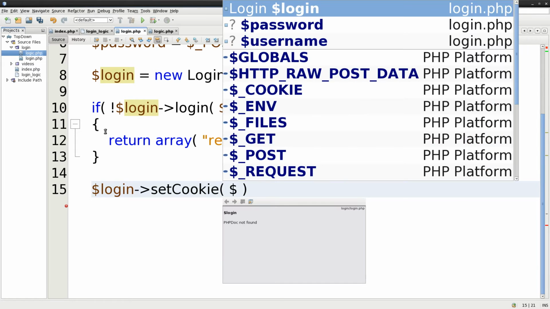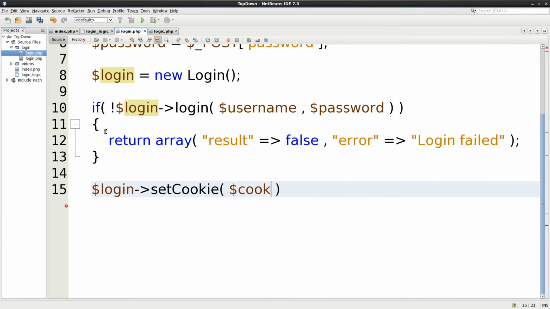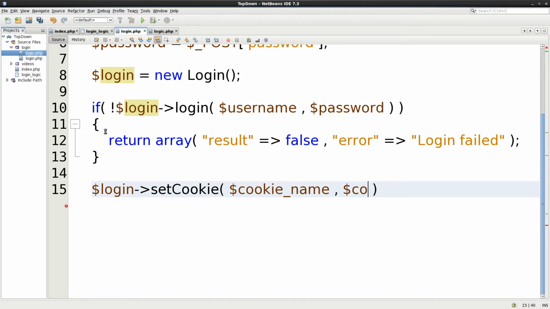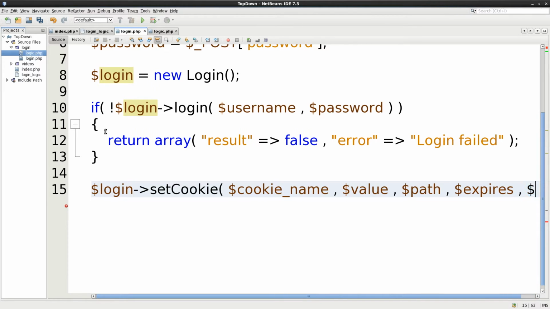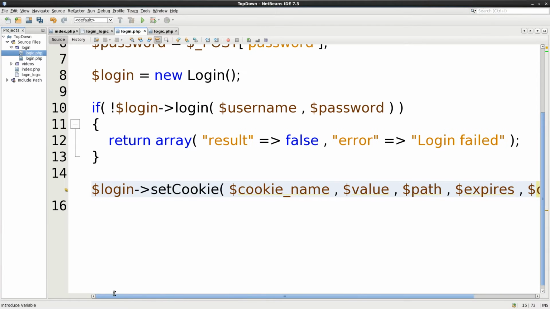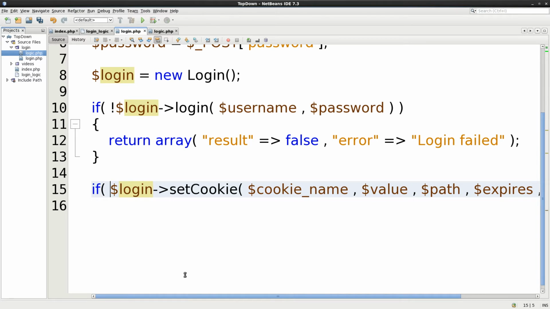And what do we need for the cookie? We need, first of all, cookie name, and then we need the cookie value. So we'll just say value, and we need the path, and then we need the expires, and finally we're going to do domain. All right. So that's what we're doing. And we'll say if set cookie